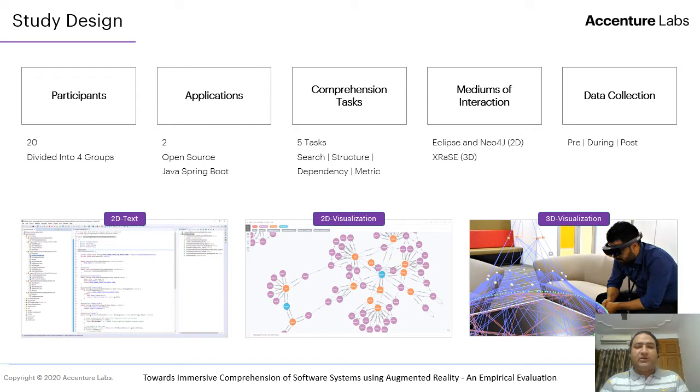For visualization, we selected two open-source Java-based applications, PetClinic and Chaos Monkey. Both of these applications are built using the same framework, Java Spring Boot, and are comparable in size, complexity, and coding style. Now, post the initial learning phase, the participants were asked to perform a set of five software comprehension